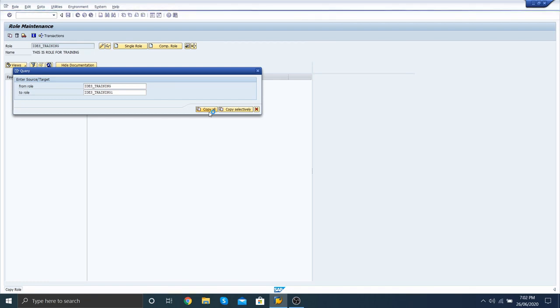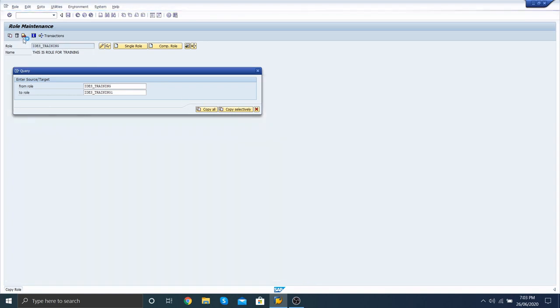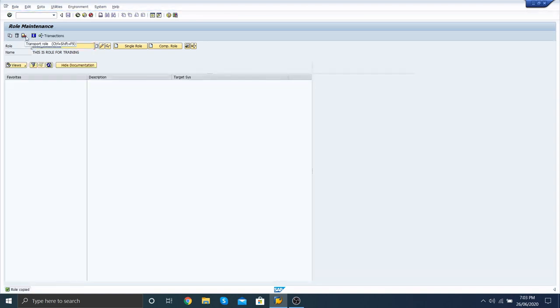If you have a role matrix, then accordingly you can create roles. Simply, these are the ways to create. Here you can see another option, transport role.